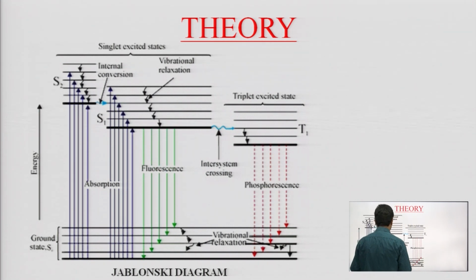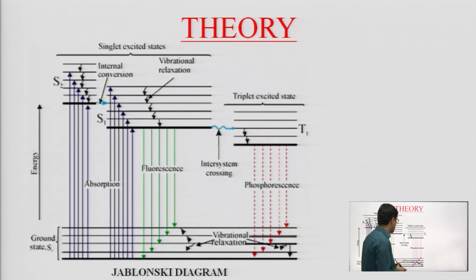This Jablonski diagram can be used to explain the excitation or absorption and the emission process, because till now we have discussed UV and visible spectroscopy, which mainly involves the absorption principle, but fluorimetry is based upon the emission principle. Here we are noting the emission intensity, and based upon this emission intensity, we find some structural information about a molecule.